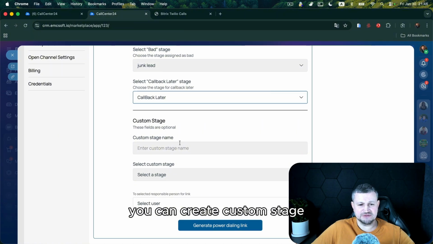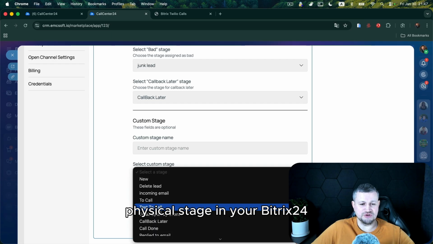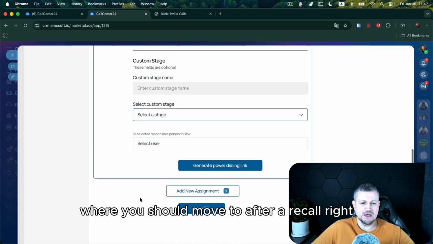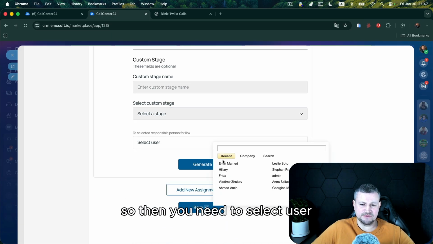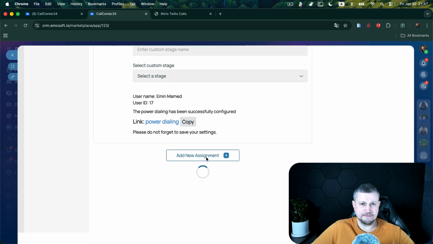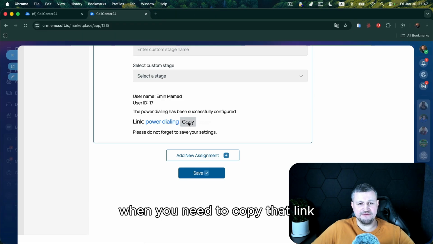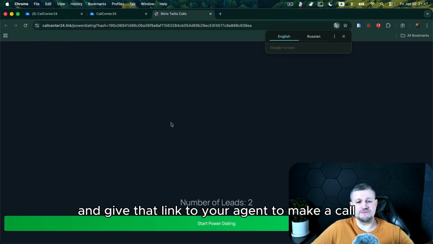And also you can create a custom stage and map that custom stage to a physical stage in your Bitrix where the lead should move after the call. Right, so then you need to select the user, it will be myself, then generate the link, then save those settings. Right, so then you need to copy that link and give that link to your agent to make calls,